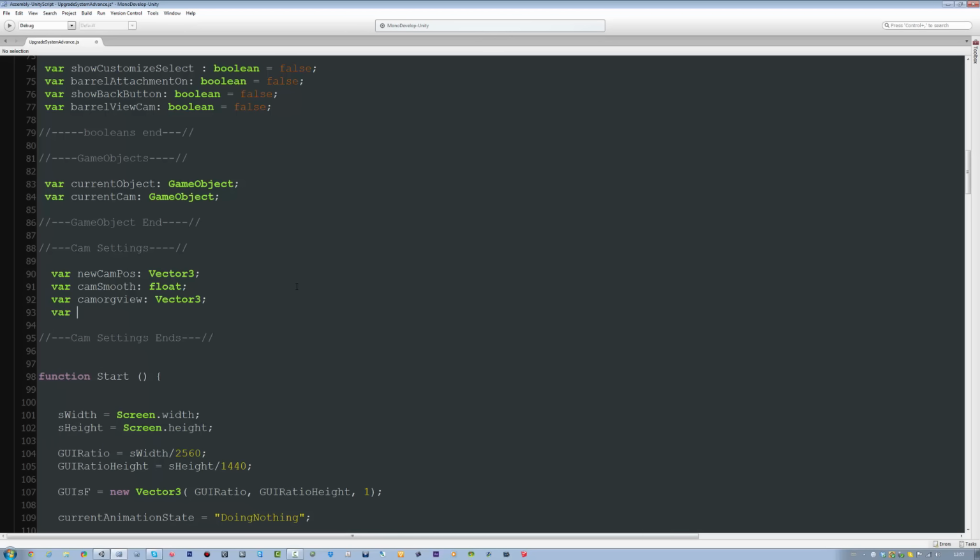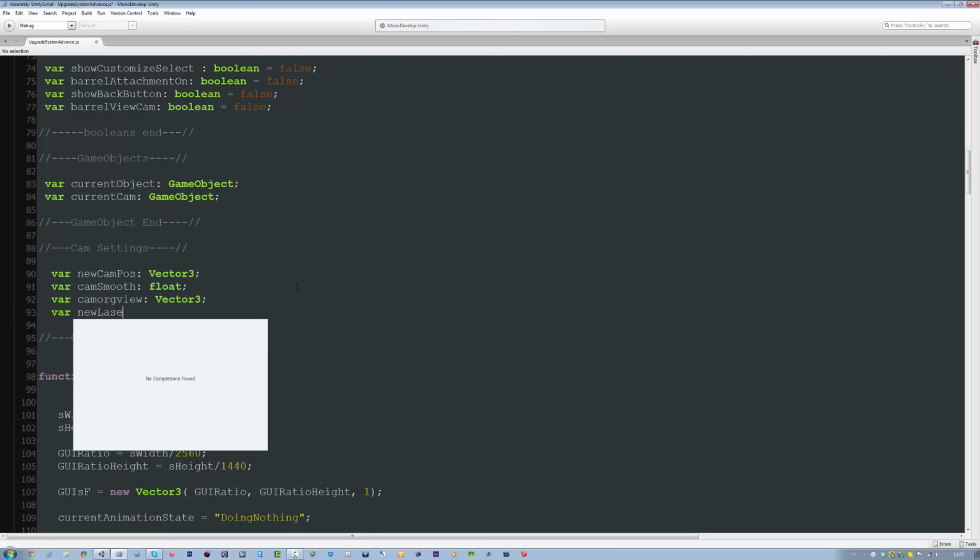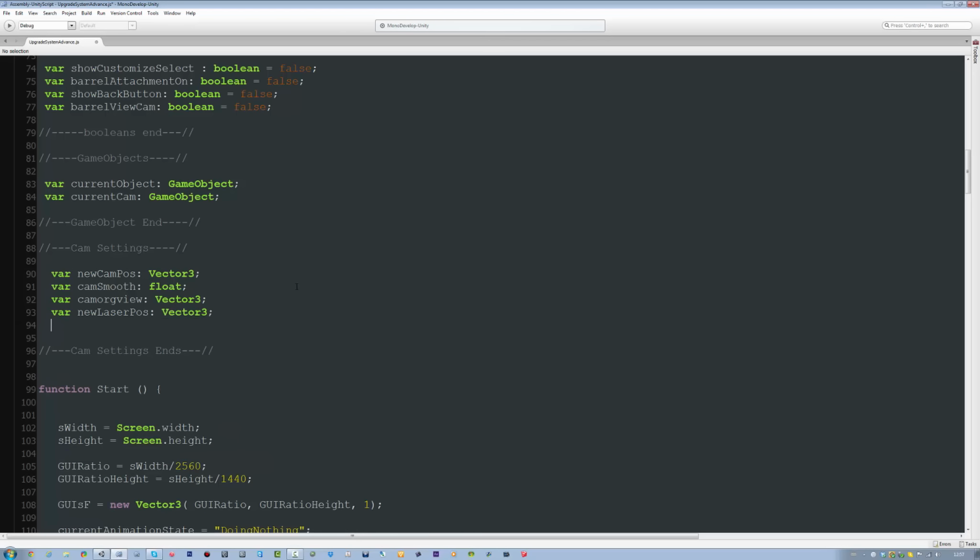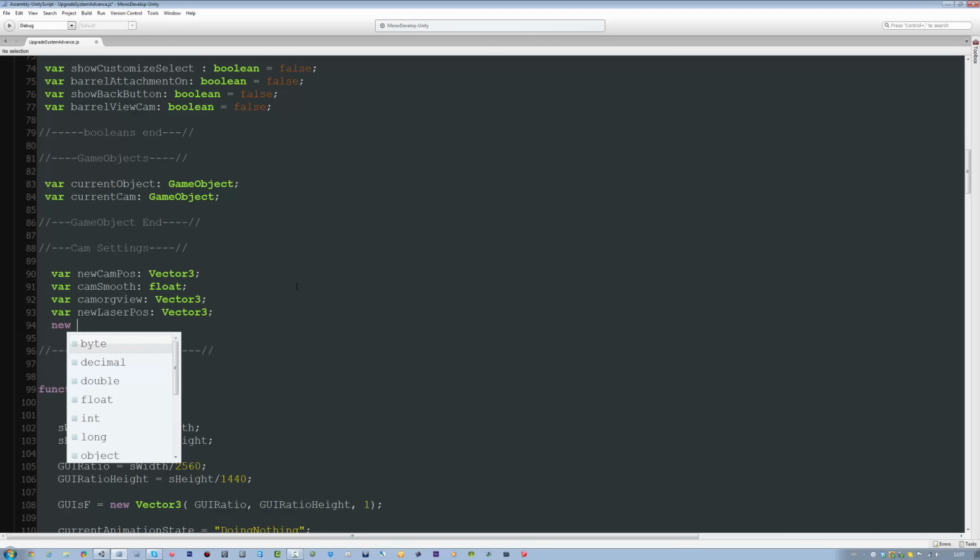Over here we're going to say for new laser pos, it's going to be a vector 3, and the next one's going to be a new